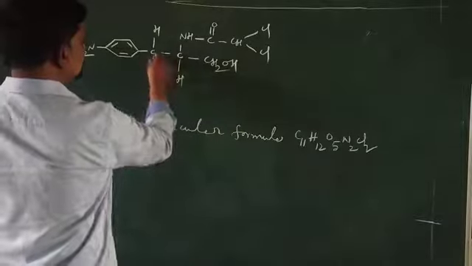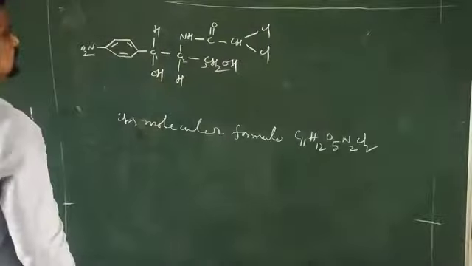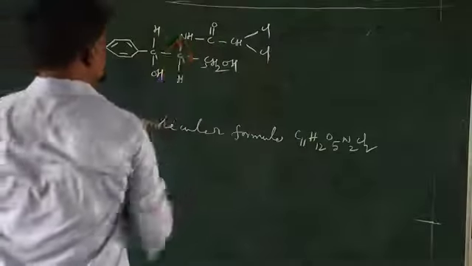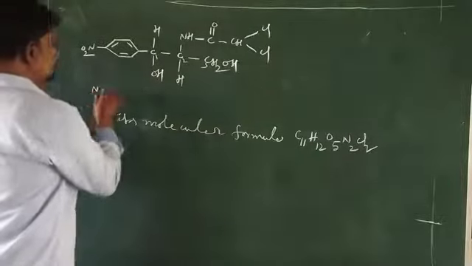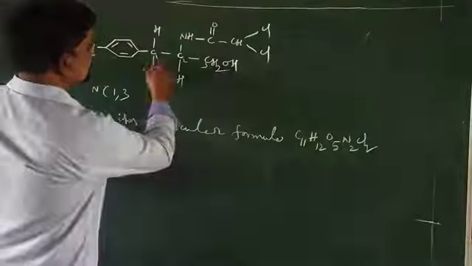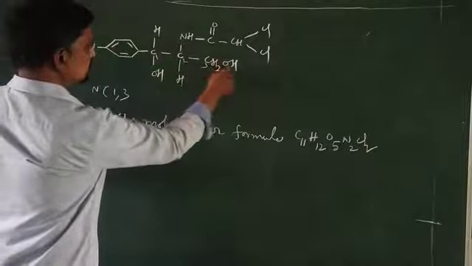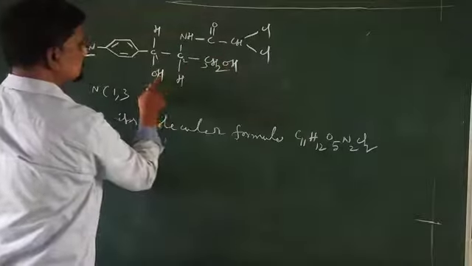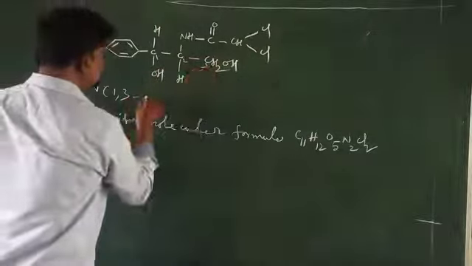So here you give the numbers 1, 2, 3. So what is the naming of this structure? N and 1,3. Here in this case 1,3. The N connected 1,3 hydroxyl group. This is our hydroxyl group. So 1,3 dihydroxy